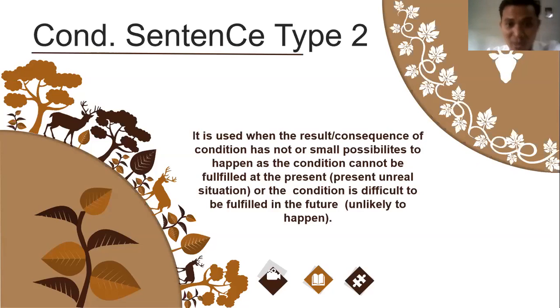Right. So the one is conditional sentence type 2. Yes, why? So what do you think? Is it unlikely to happen in the future or a present unreal situation? Both, right? Present unreal situation. First, you are not a bird. You are a human, so you can't be a bird, because now you are a person. And also, it cannot be fulfilled even in the future. Unlikely to happen. Why? Because,